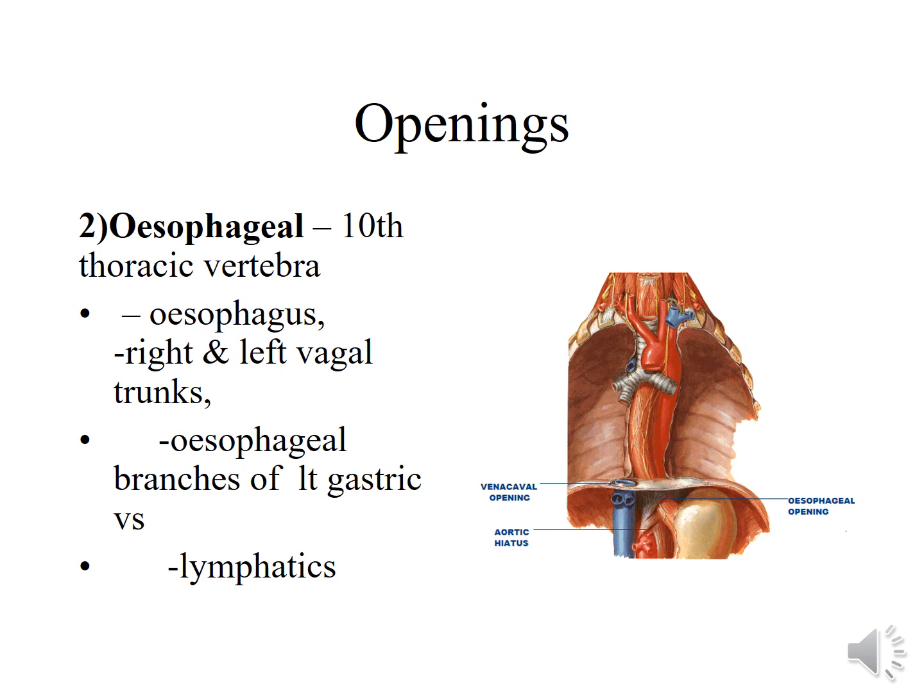So these are the structures which are passing through the esophageal opening. Now the vena cava opening was in the central tendon of diaphragm. The esophageal opening lies in the muscular part of diaphragm. And for the vena cava opening, in some books it is given that it is quadrilateral in shape. What is the effect of contraction of diaphragm on the vena cava opening? The vena cava opening dilates whenever the diaphragm contracts, so more blood enters the right atrium. And the esophageal opening lies in the muscular part of diaphragm at the level of T10 vertebra, and this opening is elliptical in shape. You can see various structures which are passing through the esophageal opening.